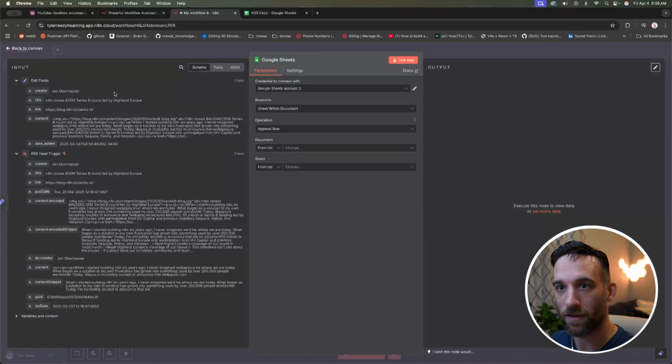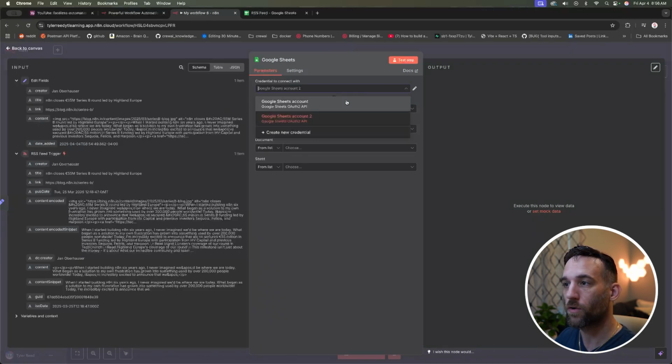There's a few things that are happening here, right? So first off, on the left-hand side, we have the edit fields. This is the previous node. So this was the output from the previous node, which is now the input for this node. But it also gives us the previous node, which was the RSS feed trigger. So you can see we do have all the original values and fields that we got from the feed trigger, but we're not going to use those. We're just going to use the previous node because that's what we wanted to make it easier to insert into